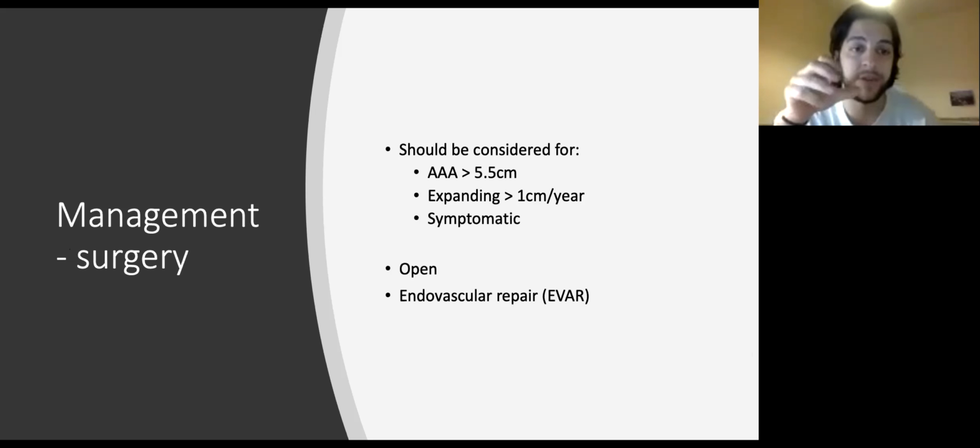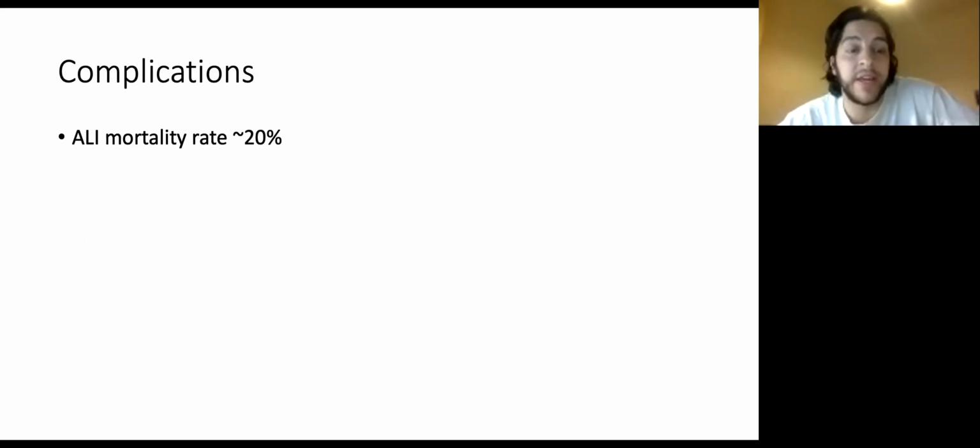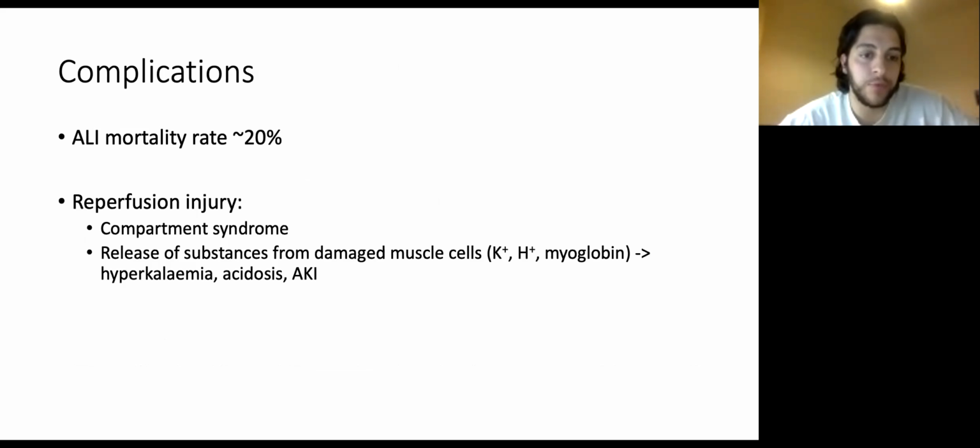So just last slide. So complications of the surgery. Firstly, the mortality rate is really high in acute limb ischemia. It's around 20%. It's important to think about something called reperfusion injury. So this limb that you're treating hasn't had blood and oxygen flowing to it for quite some time. So when you revascularize it with a bypass or angioplasty or all these options that we've talked about,